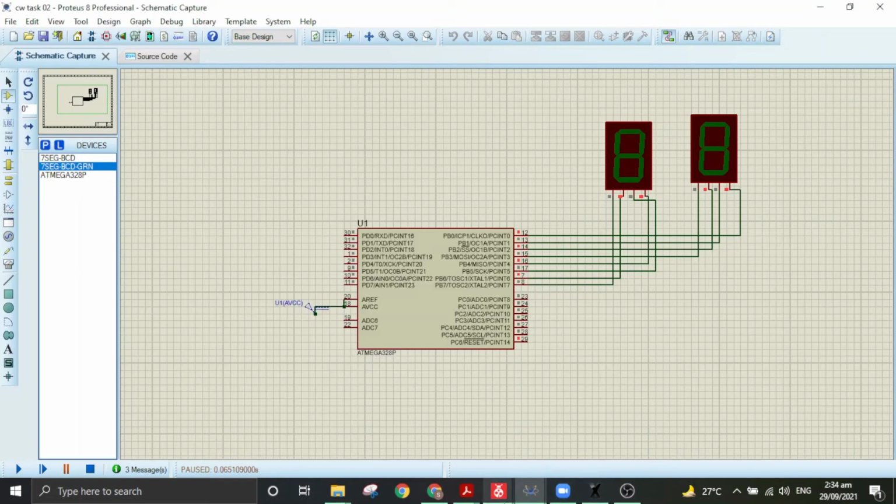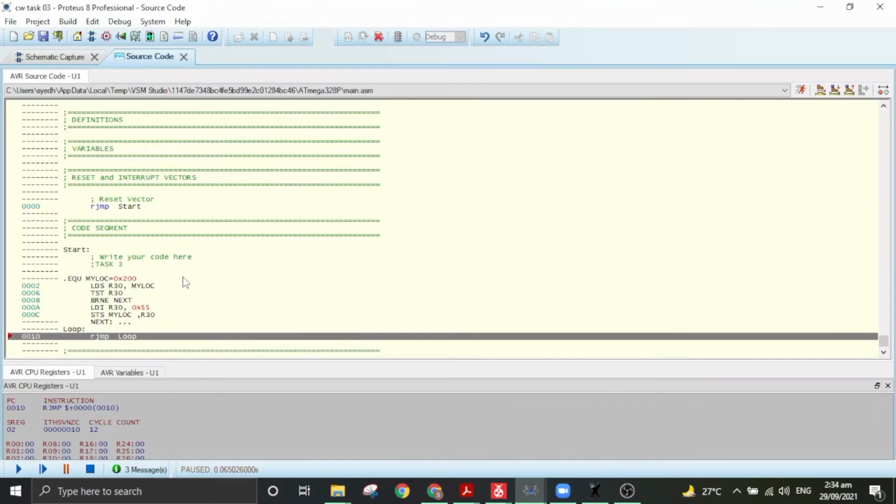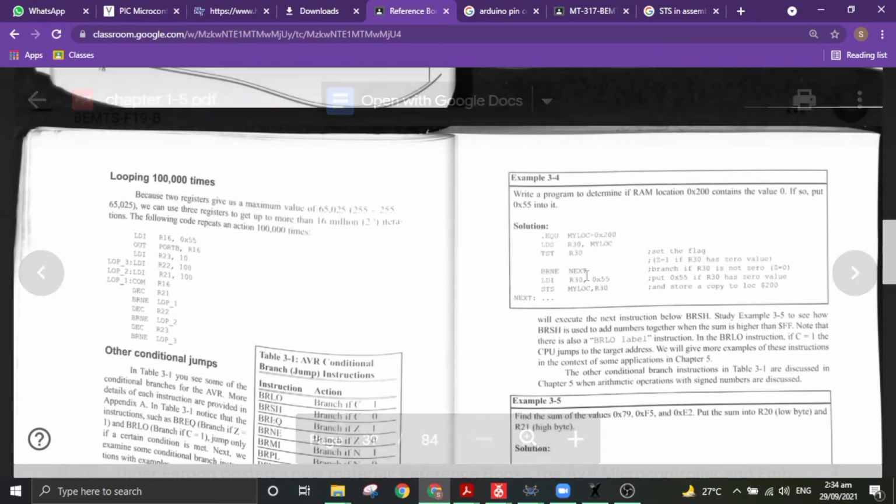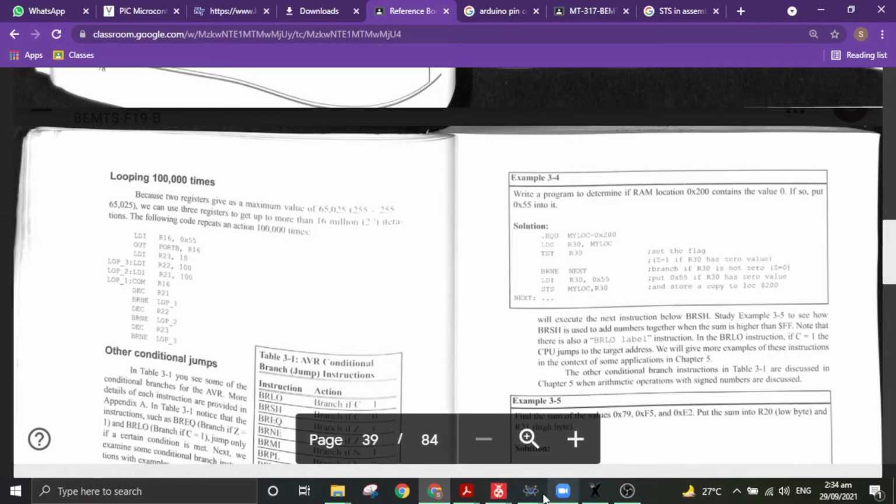So moving towards the third code, here you will see that its statement is just like this. We have to create a program to determine if the location 0x200 contains a value of 0, and if it contains the value of 0, then we have to insert 55 into it. So first we have to